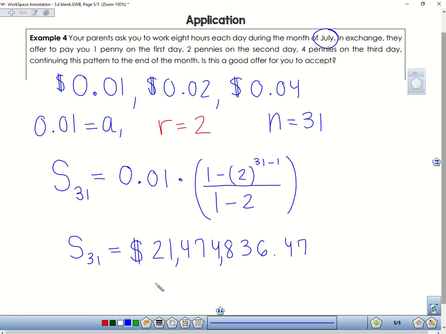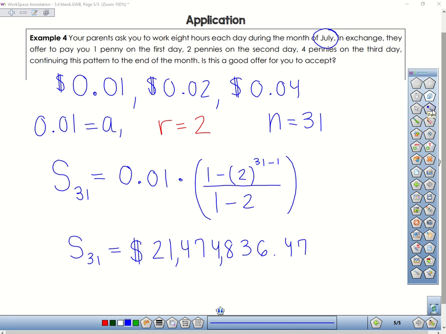Is it supposed to be 31 times? Oh, I'm sorry. Yeah, you're right. My mistake. It's not minus 1, it's just 31. It still comes out to be that amount. I was mixing it up with the other notation. Sorry, it's just n. Yep, just like that. So if you would have taken this deal, you would have made over $21 million. So the idea here is